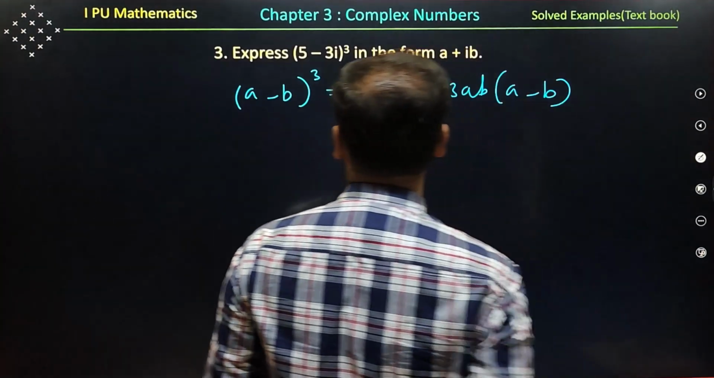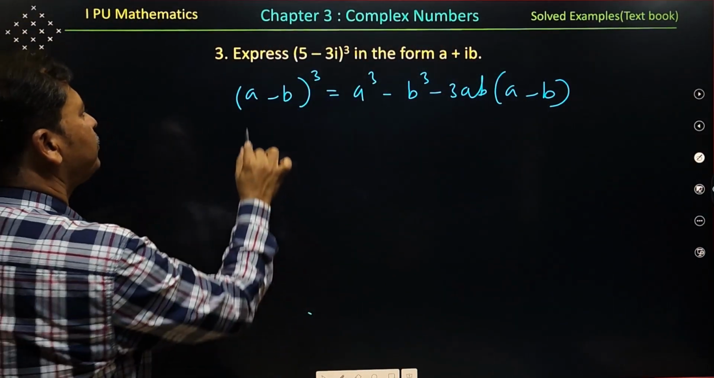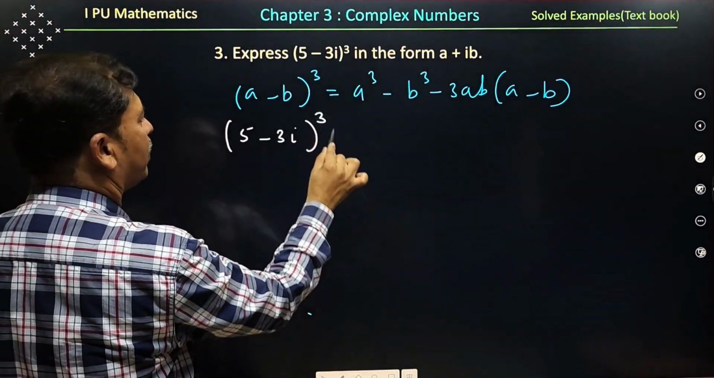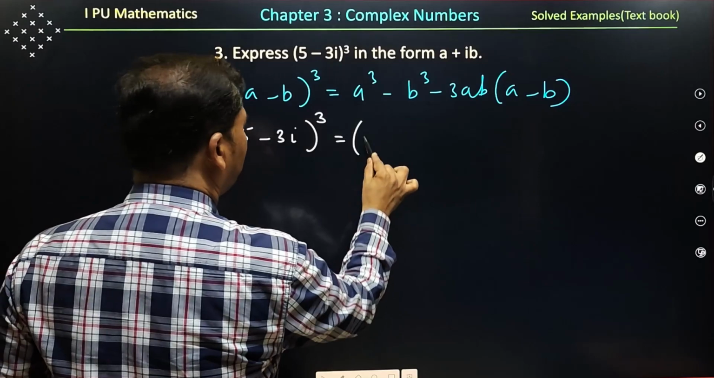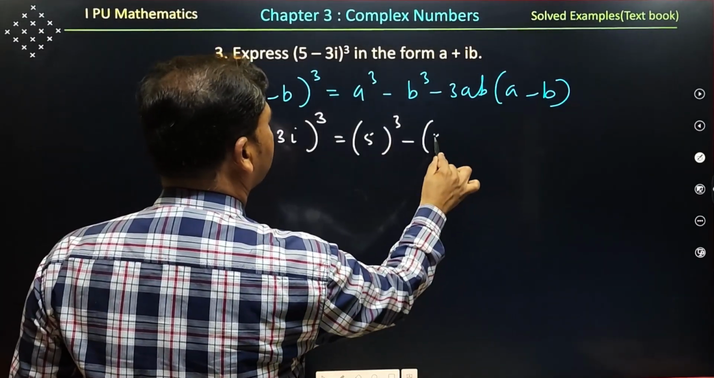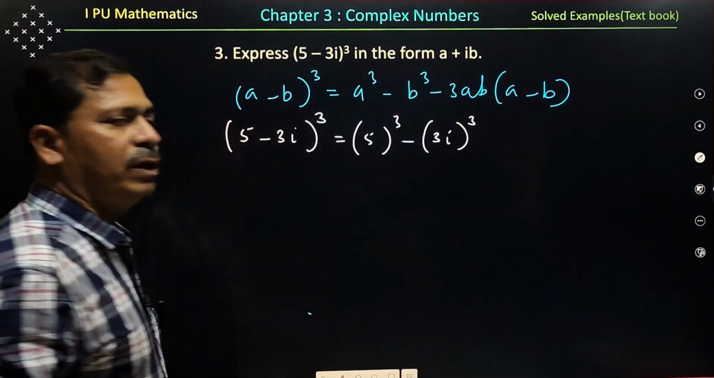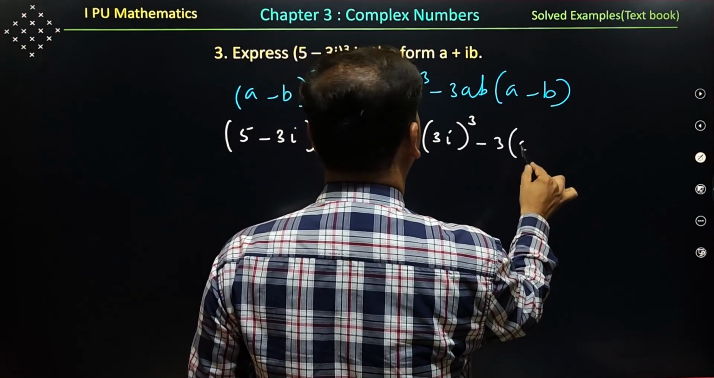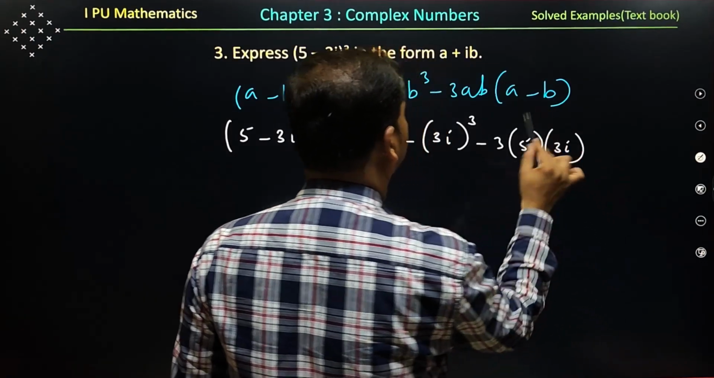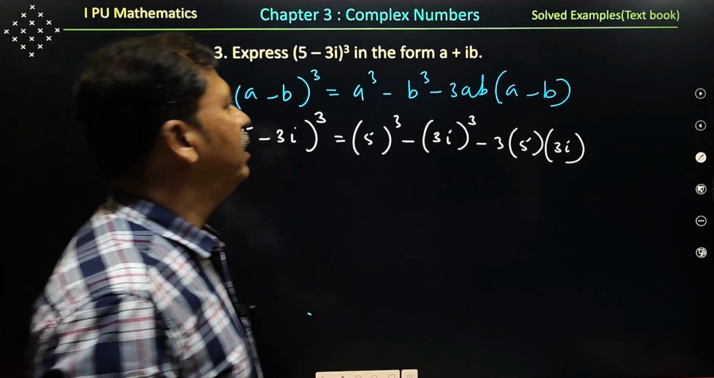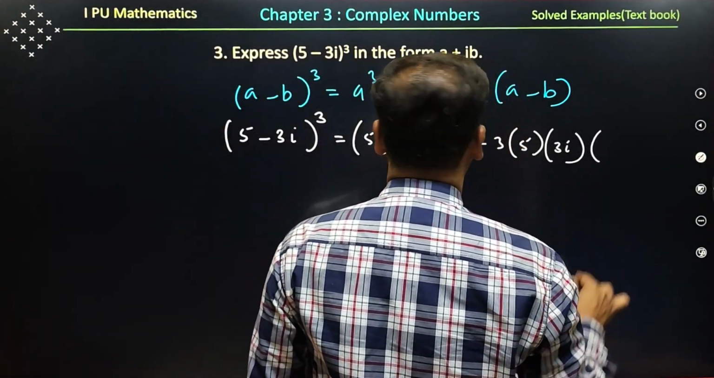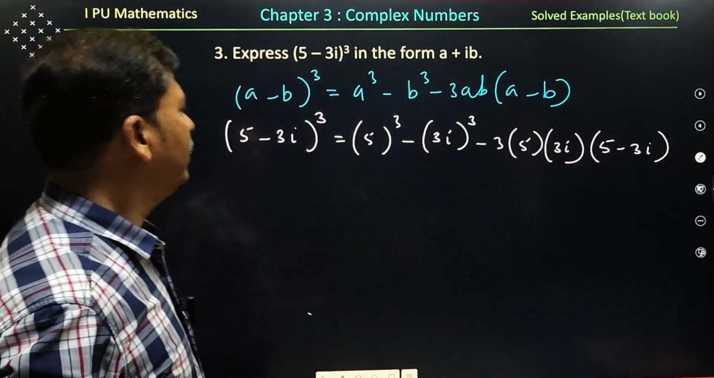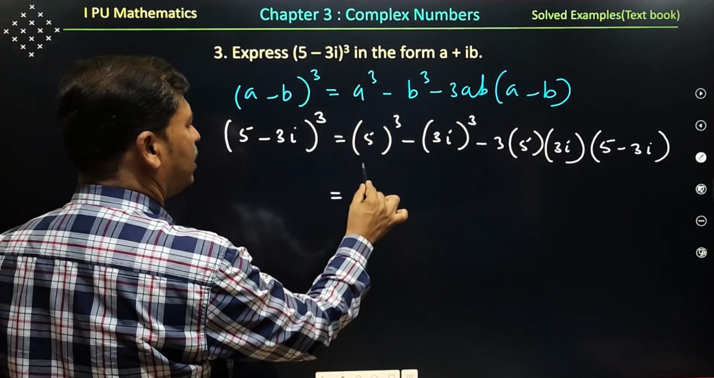In place of a, 5 is there, and then in place of b, 3i is there here. Raise it to the power 3. a cube, write 5 to the power 3, minus b cube, 3i to the power 3, minus 3ab, minus 3 into a value is 5, b value is 3i, into bracket a minus b, 5 minus 3i. Okay, this is equal to 5 to the power 3 is 125